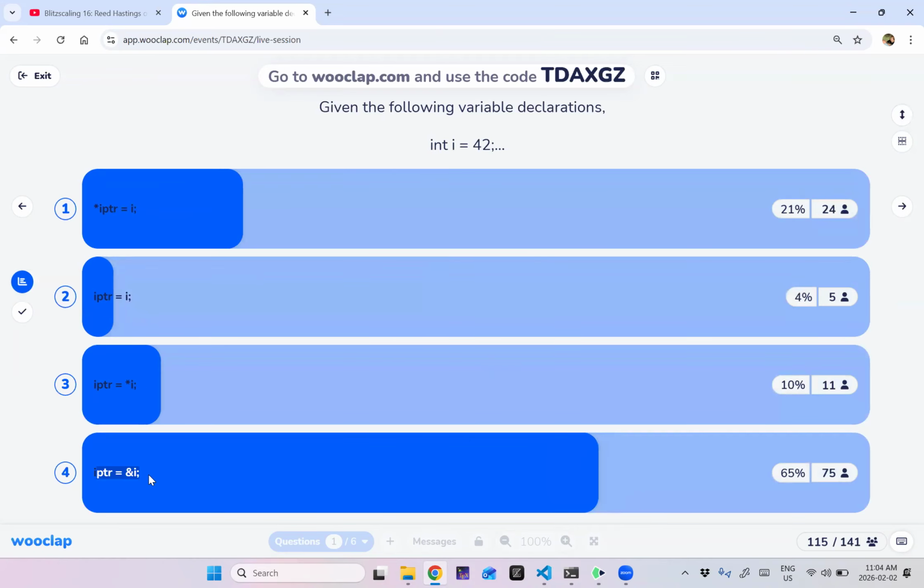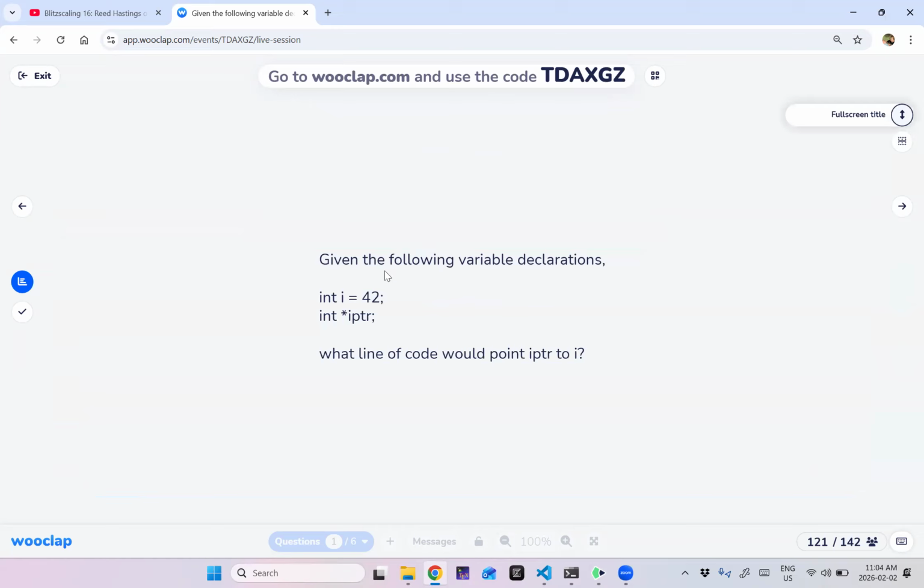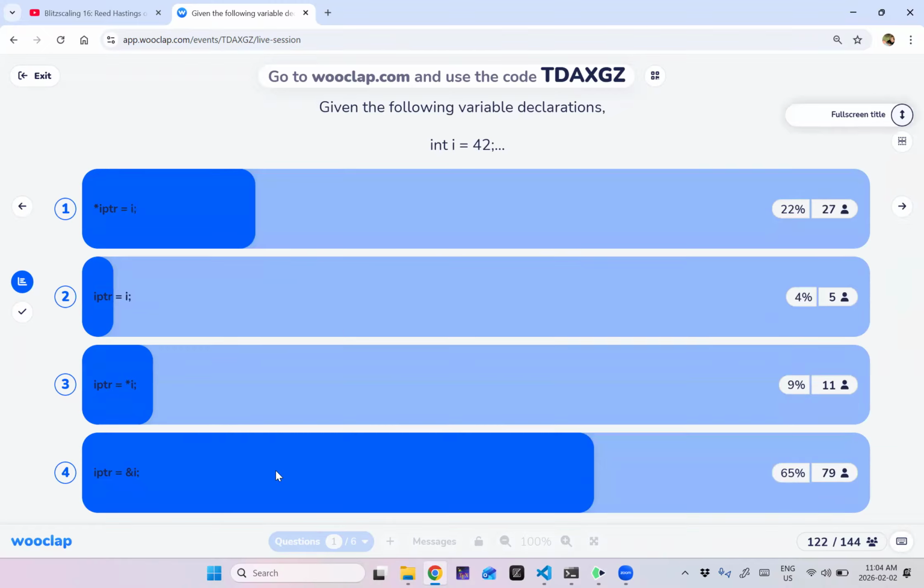So yeah, most of you got this correct. A lot of you picked number one. This is technically syntactically okay, right? The syntax is fine. You're going to get a seg fault, but in terms of types, if I dereference a pointer, I can assign it the value, an int in this case. But I have not actually initialized I pointer in this particular piece of code. So yeah, the answer is 4. If you've not answered, pick anything at this point and we'll move on.